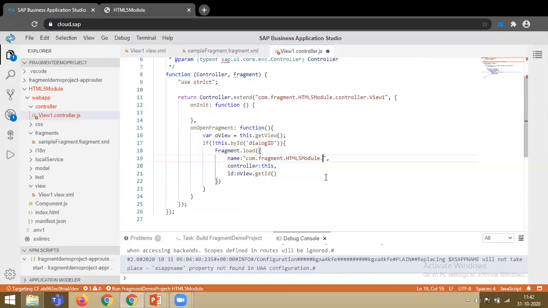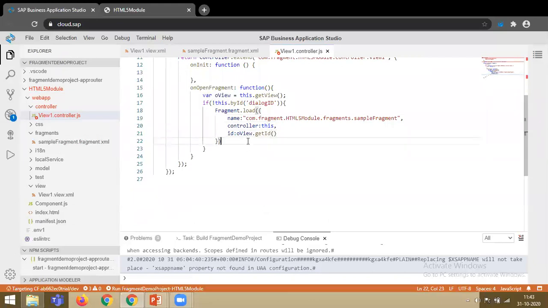After that, I need to give the path of the folder, that is fragments. After that, our file name, that is sampleFragment. That's it. The .fragment.xml extension is not required. So com.fragment.html5module, then the folder name, that is fragments, and then we have the sampleFragment.